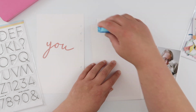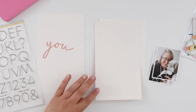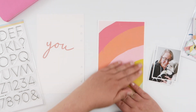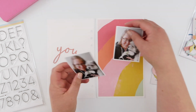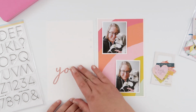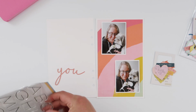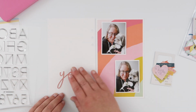I have sped it up a tiny little bit for you guys. But barely any. So the whole thing took me less than 15 minutes to do, which I think is achievable as far as spending time being creative, getting a little bit of creativity in, but not spending hours and hours stuck at a desk. So I'm going to add both of my photos onto that right hand side,